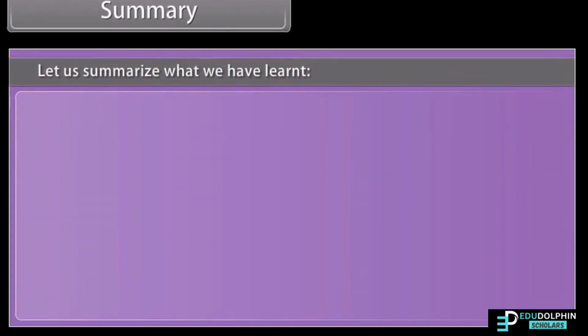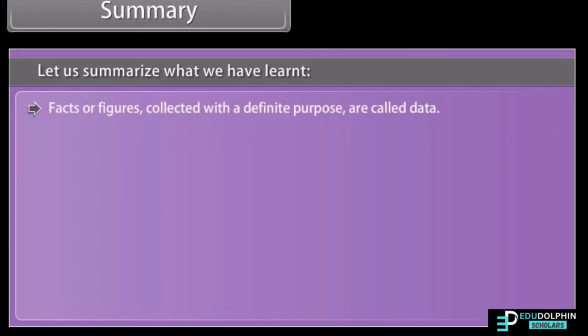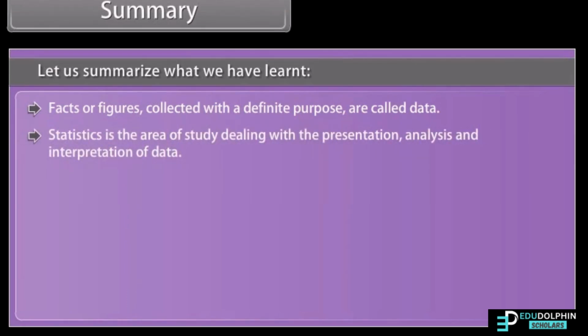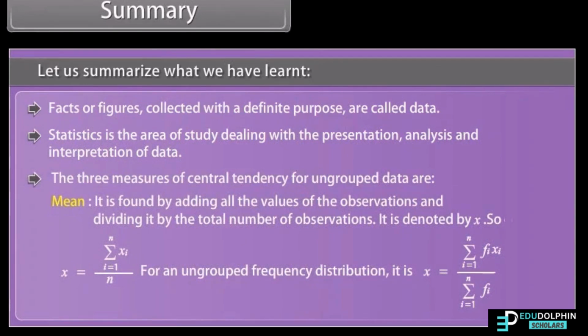Summary. Let us summarize what we have learned. Facts or figures collected with a definite purpose are called data. Statistics is the area of study dealing with the presentation, analysis, and interpretation of data. The three measures of central tendency for ungrouped data are: mean. It is found by adding all the values of the observations and dividing it by the total number of observations. It is denoted by x bar. So, for an ungrouped frequency distribution, it is